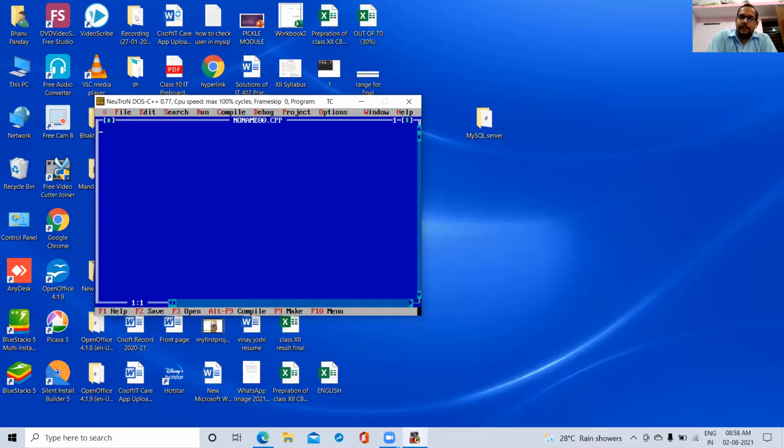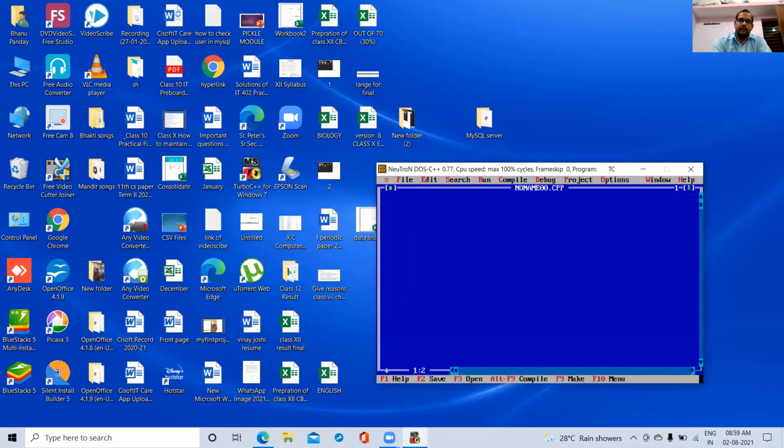You just double click on the icon of Turbo C++ and you will start it. Clear? The icon of Turbo C++ is given here on the desktop. Clear? So once you double click on this icon, you will get this software.